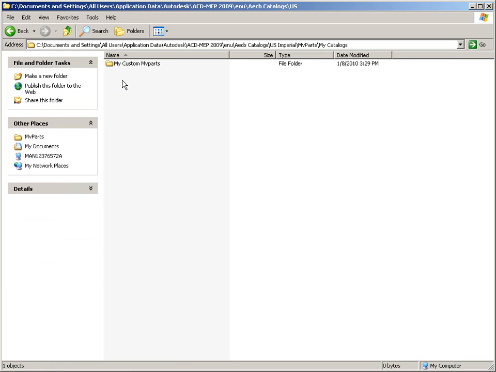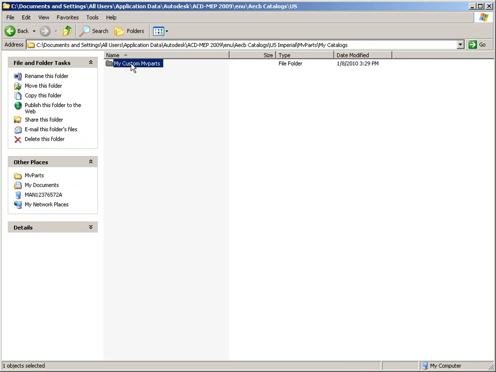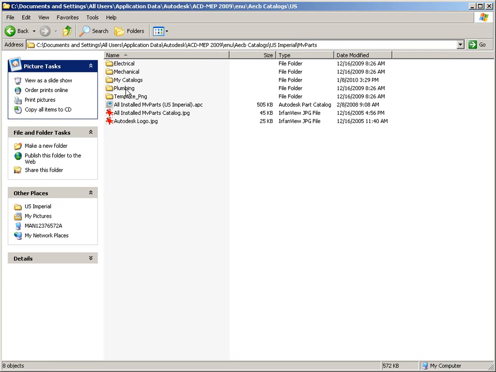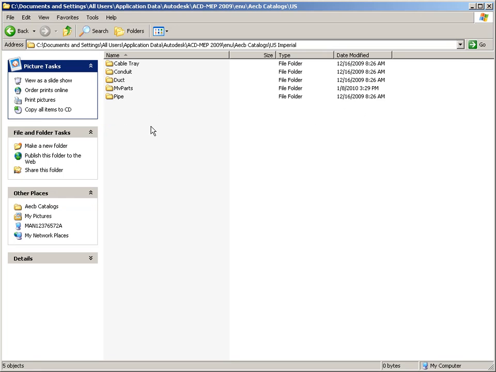If I go in here, here's this, which is actually 2 or 3 levels further down the file folder tree. What we need to do is cut this out, come up a whole level, a level above that catalog there, and paste it in here. Now we just moved it, so we need to go fix the path in